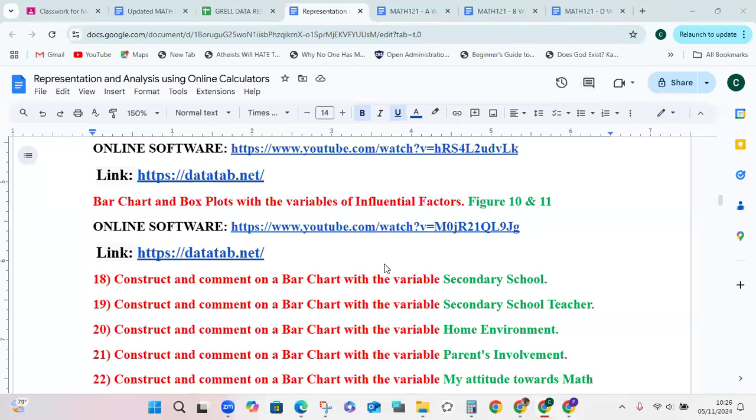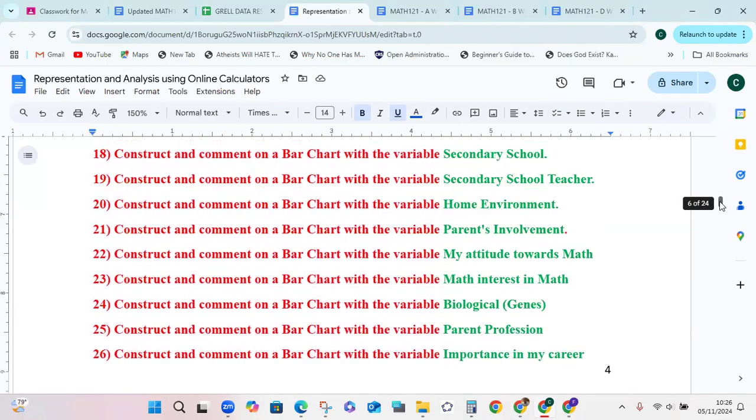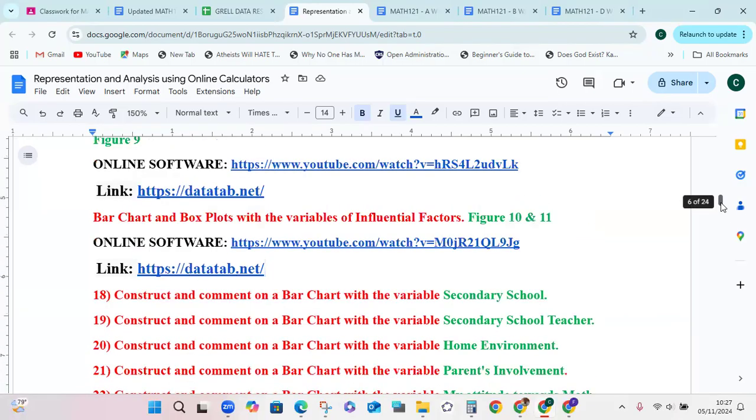This video is with regards to the use of DataTab, which is an online software to create one bar chart to represent these variables, the factors that influence the learning of mathematics, from secondary school right up to importance in my career. So instead of creating a bar chart for each one, one bar chart can be used to summarize all of these variables using DataTab. So basically, you click on the link